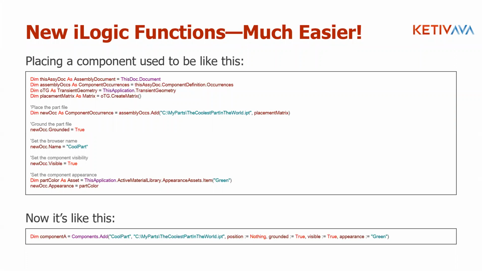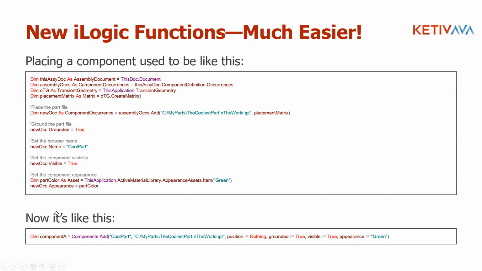Quite a few less lines of code involved in one than the other. Now, you don't necessarily need all the lines of code here to just place a component. Some of this is naming the occurrence once it's placed, making sure that it's visible. That usually comes in true automatically. And then setting the part color is not strictly necessary for just placing the component, but I put it in